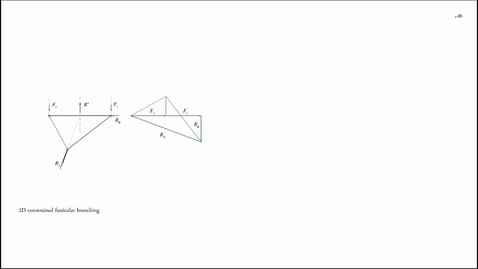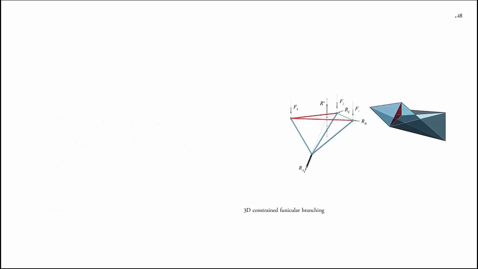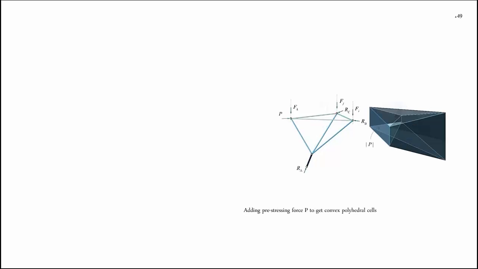We can make compression and tension systems by adding to compression-only systems just by adding a force on their boundary conditions. For instance, in this case, I actually apply the force P on the joint on the left, and I get a compression-only solution because all the cells, as you can see in the force diagram, are convex. If all the cells are convex, I can apply the same technique in 3D and apply this force to